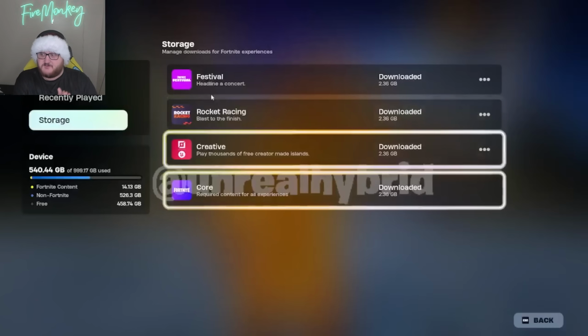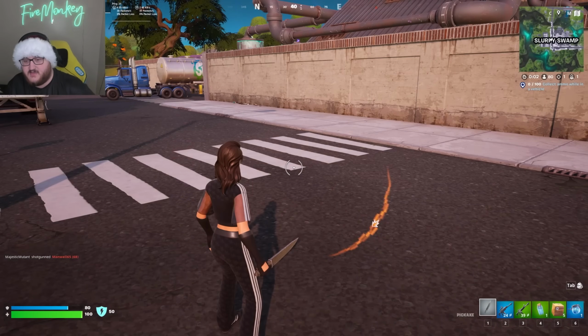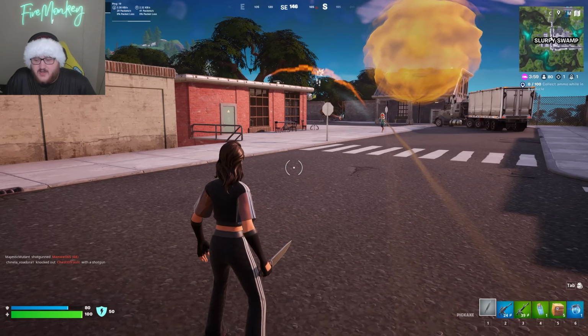This is definitely going to be useful for some platforms like Nintendo Switch, who currently have some wild issues going on with it. If I go to their Trello right now, the Nintendo Switch has an issue where some players are encountering storage space issues, causing them to have to go into their SD card data and delete some stuff in order to continue playing Fortnite. So having this thin client is going to make it a lot